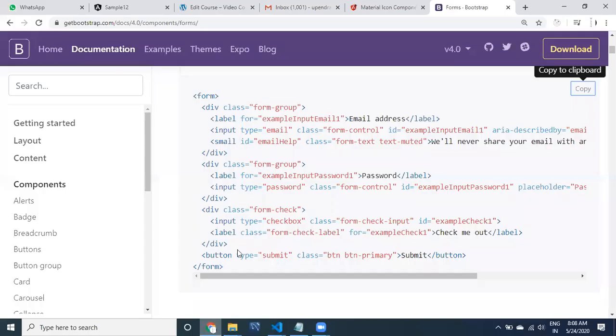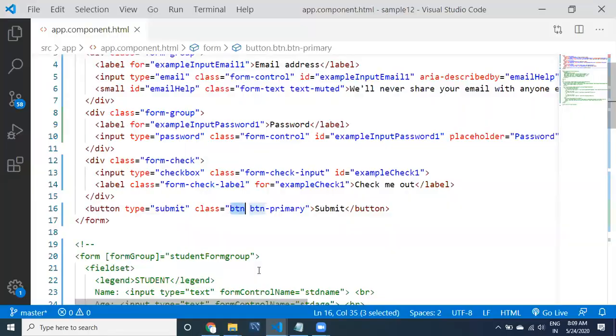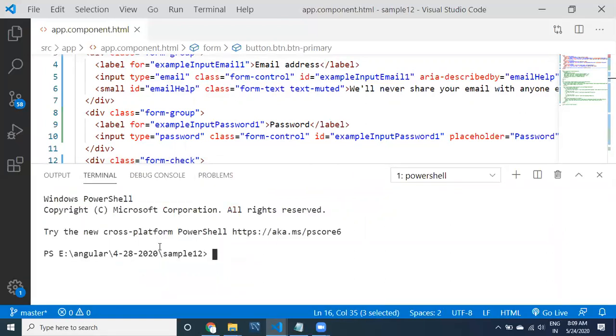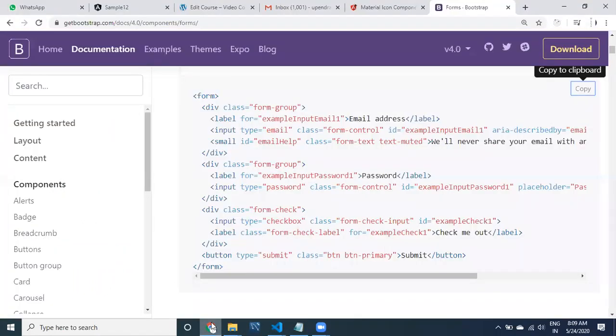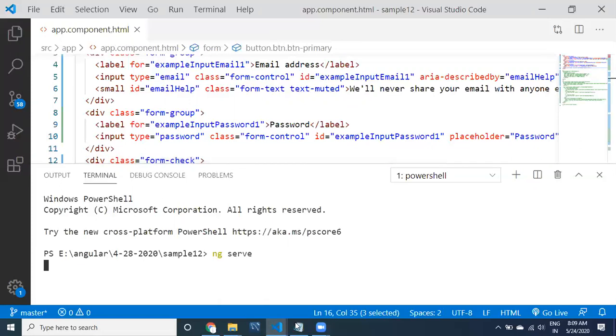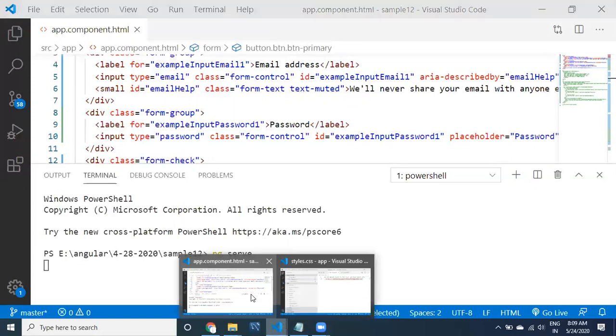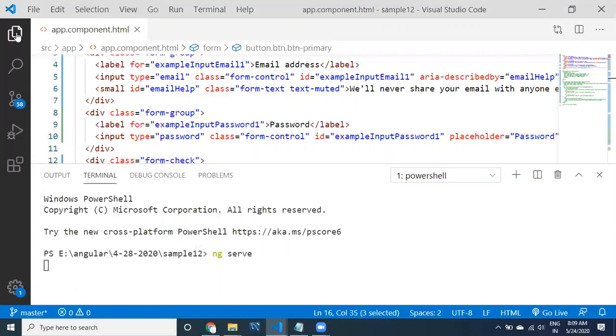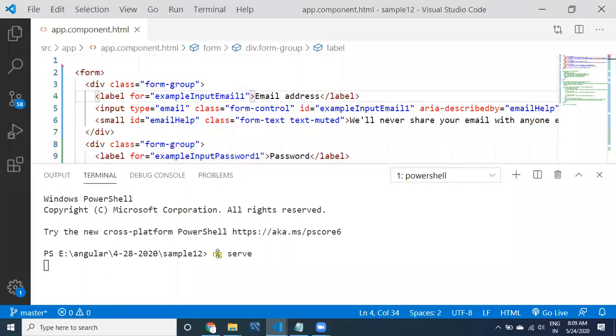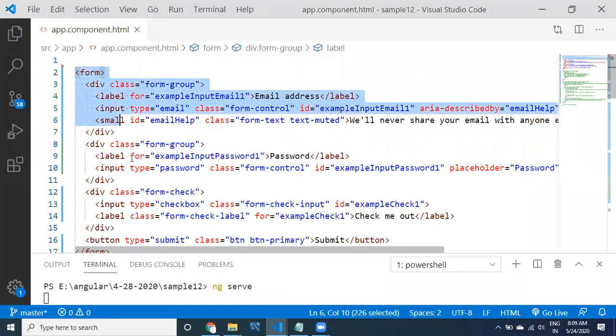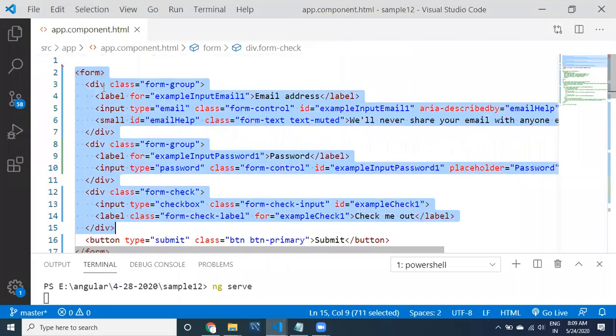Let us see it; we have to start this. Let me come here and run ng serve. Whenever you say ng serve, it is going to get started. Meanwhile, we can discuss one particular point related to our class. Whatever form you are taking, for this form we have to create a form group.